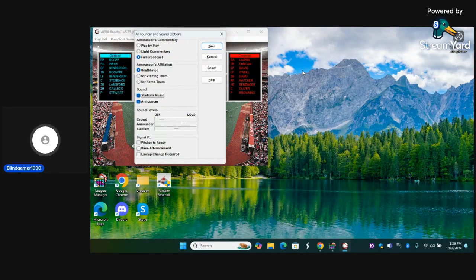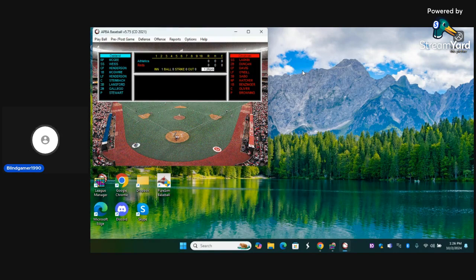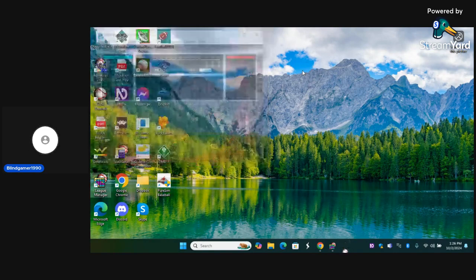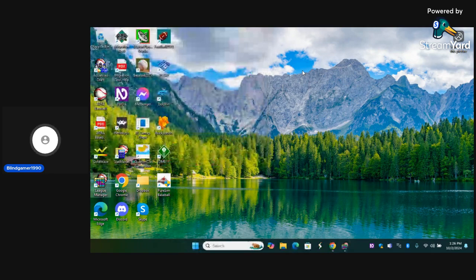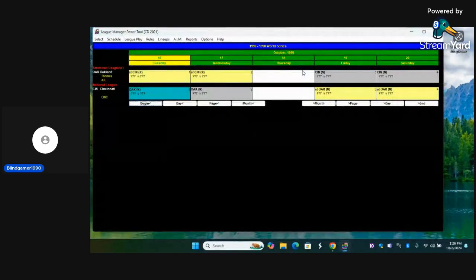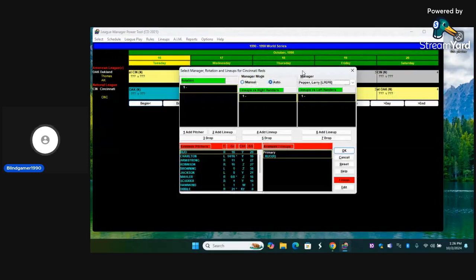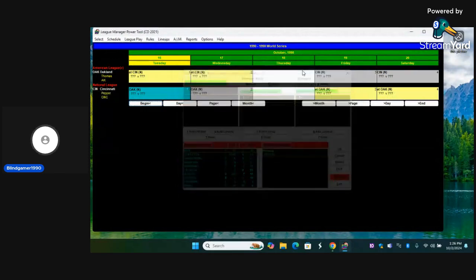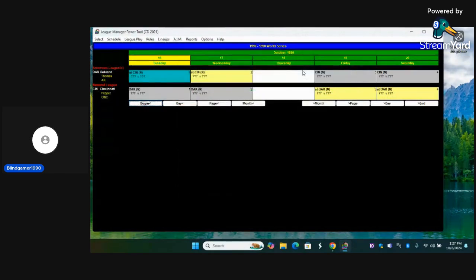I'm going to turn off the announcer, check sound levels, stadium music checkbox. I just turned that off so we don't have to listen to the whole national anthem and shtick. I know that's not very patriotic of me, but if you just want to. Cincinnati Reds, select. Now I set it back to auto. Okay, now I'm going to give you a little excerpt of Ernie's